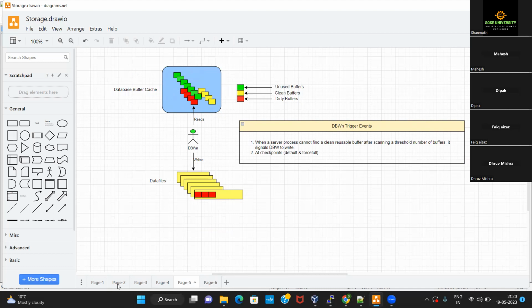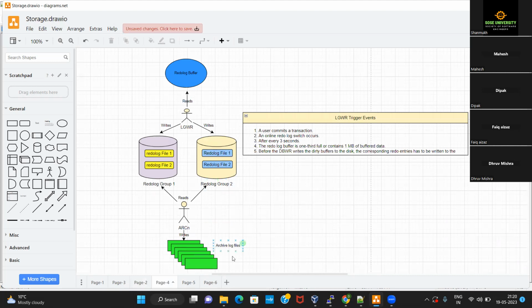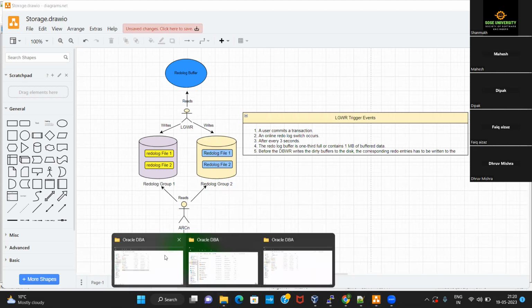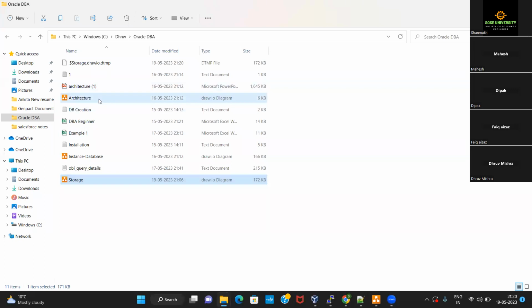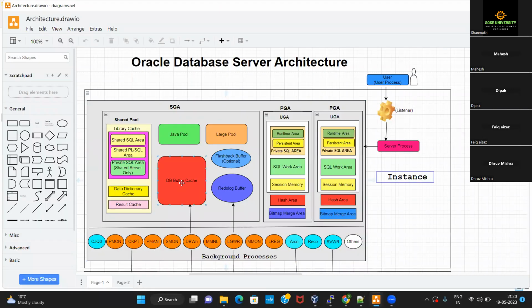If we go back to our architecture diagram, where is it present? It is present inside the instance, right? We will have to go back to the previous architecture diagram. So this database buffer cache is present inside a memory structure, so this is not the permanent location of the data in the database.